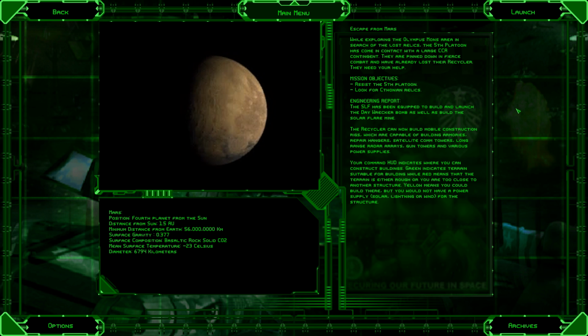Okay, we've got two objectives. One is assist the 5th Platoon, and the second is look for Chthonian relics. We've got the Day Wrecker bomb, as well as the solar flare mine available from the armory. Also, we can build the mobile construction rigs, and you can read all of that as to how these work. But for now, let's get into the mission, see what's going on, and help